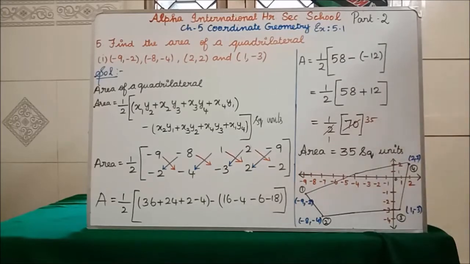Then the third point, I have written as 2. Third point is what? 2 comma 2. 2 comma 2, both are positive. It will come in the first quadrant. Positive 2 in x-axis, positive 2 in y-axis. So you keep the dot, write 2 comma 2. But I have written it as fourth. Why, I will tell you now. 1 comma minus 3 is the last.